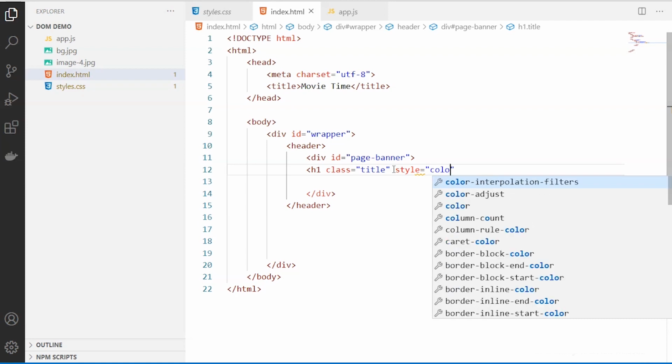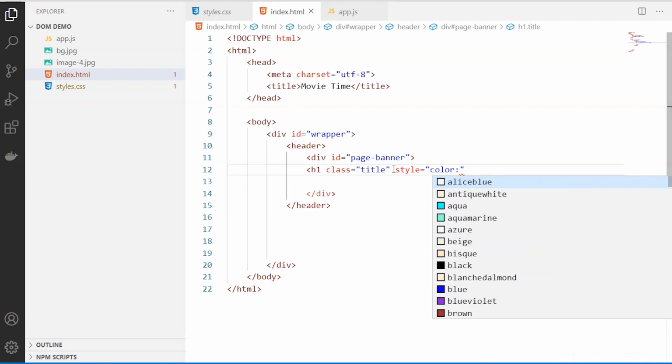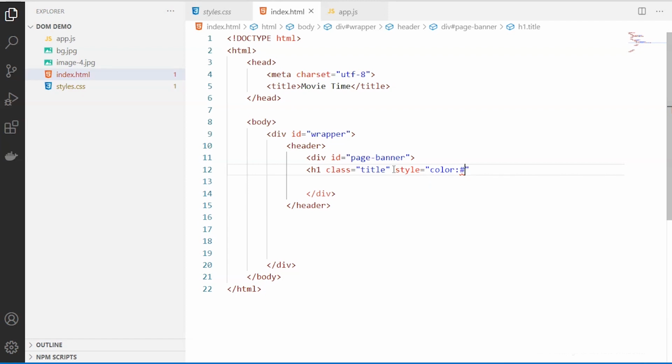In this, I say I want a white color. You can either pick from the text as such, or you can give the hex value. Both are the same. All your CSS properties are terminated by a semicolon, and the property name and the value are separated by a colon, and the statement ends with a semicolon. So here you specify whatever heading you wish to display.